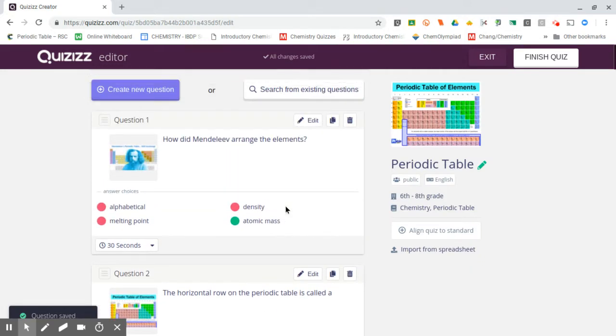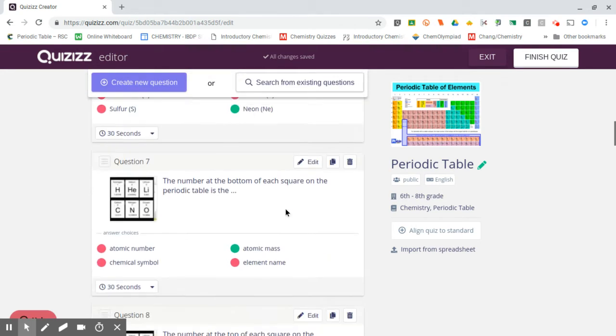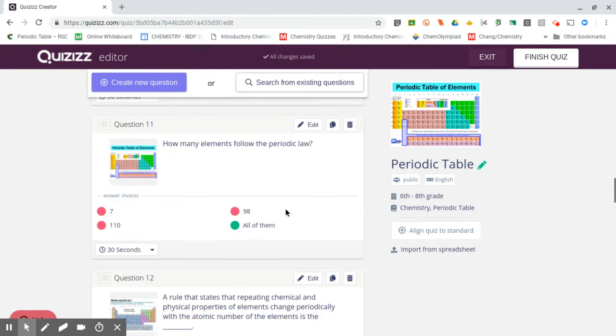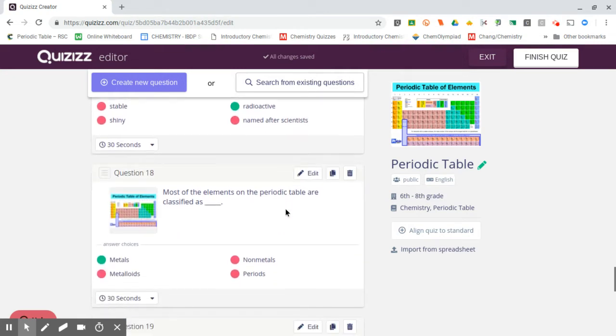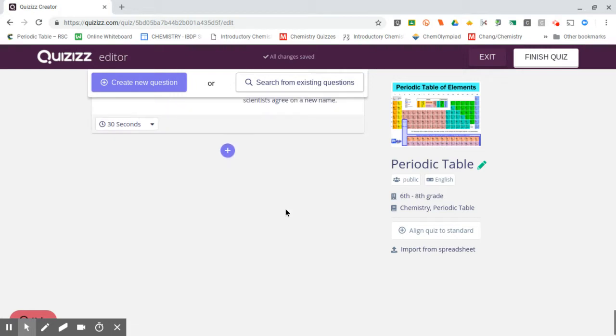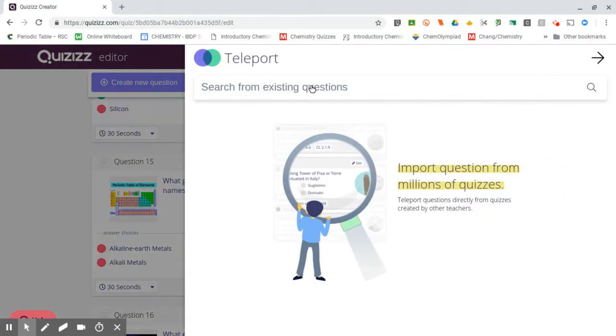But the good thing about this is, okay, I found that I had 20 questions, all of them are right, and I can use all of them. But eventually you say, well, this is a homework and I need to add more questions. So you do the following. Search for periodic table questions